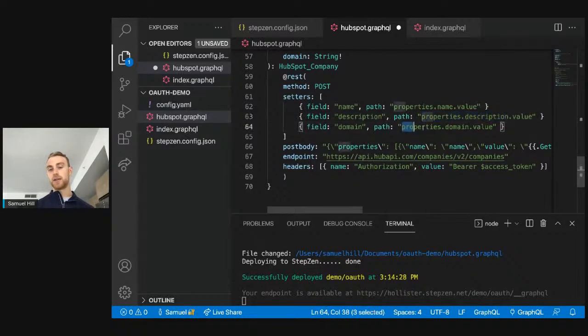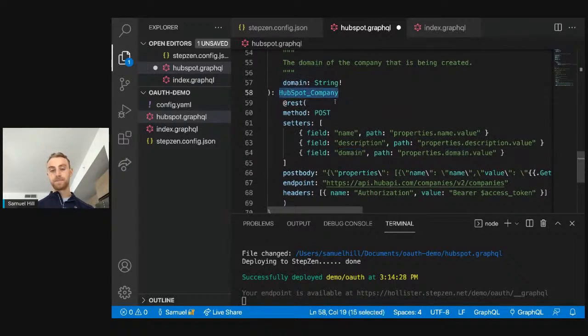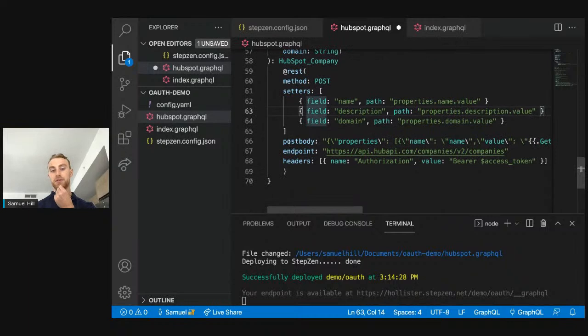And if you tell them exactly where that path is of the tree of the JSON response that's coming back from that @rest, we can then associate that field with the top level parent type, which in this case is your HubSpot company. And it still uses the method post, obviously. And then the only difference here is we're actually adding a post body, which is just sending over the individual resources and telling it exactly what we're going to be specifying and sending to this resources server